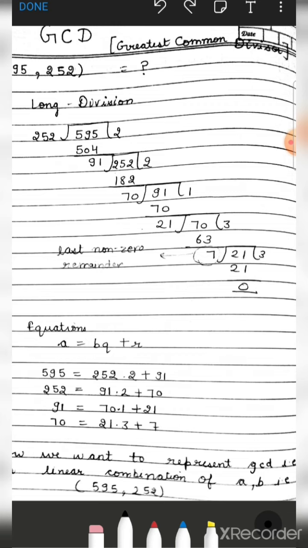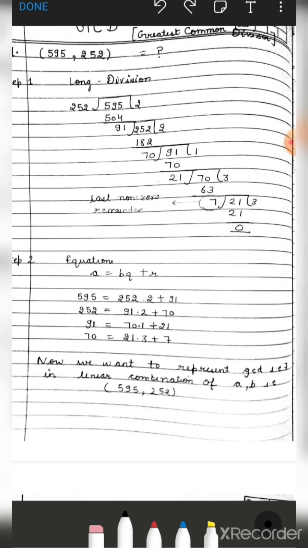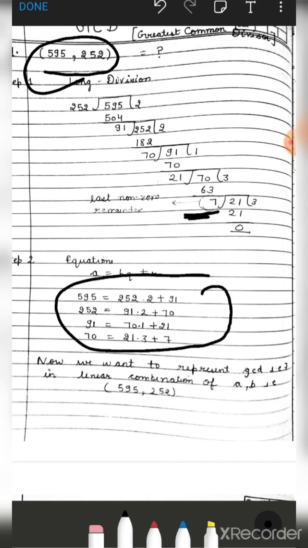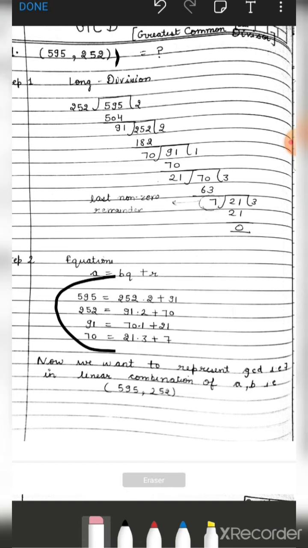We want to represent GCD, that is 7. We have found out that the GCD is 7, in the linear combination of these two numbers. So we will do nothing, just use these four equations by backtrack. How? I tell you. Backtrack method is